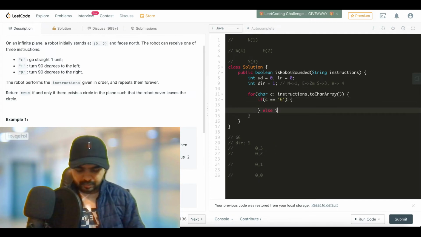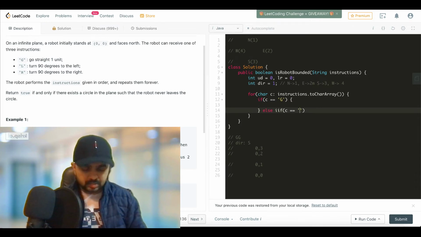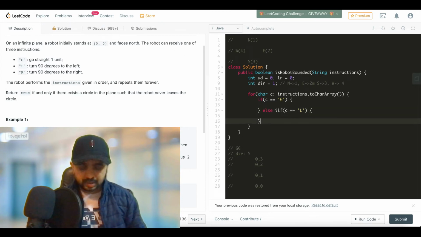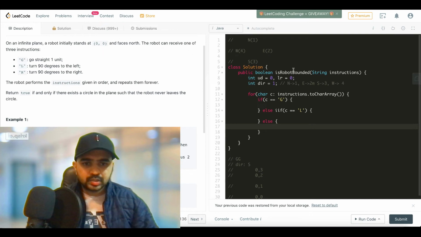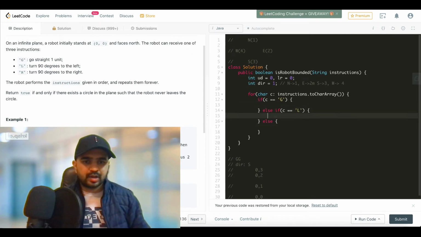Else if c equals L, then we'll do something else. And else, that means it will be R, because the characters in this instruction can only be G, L, or R.